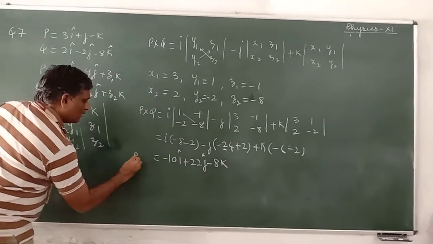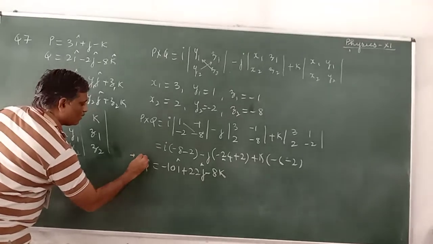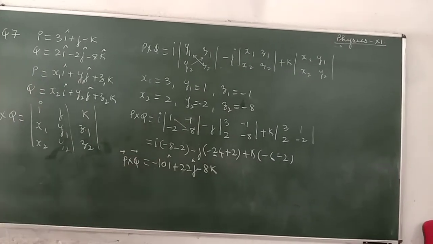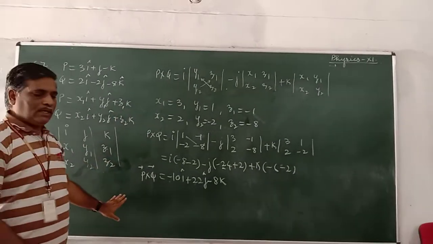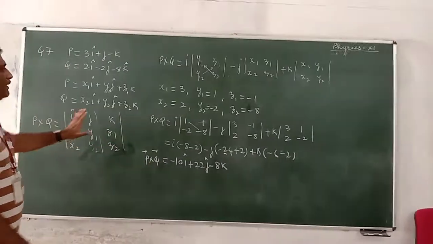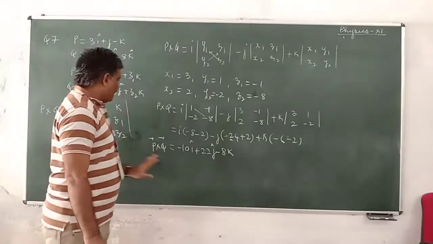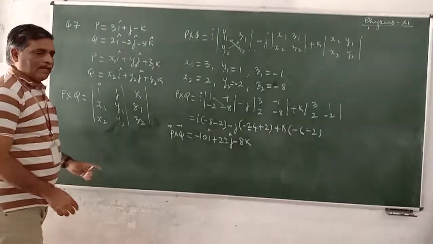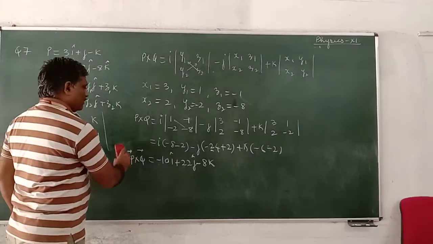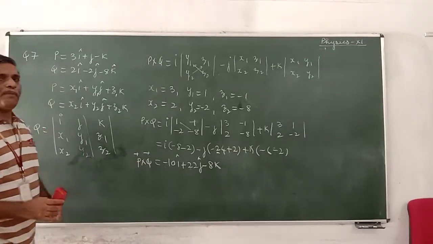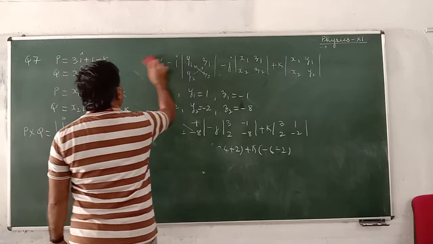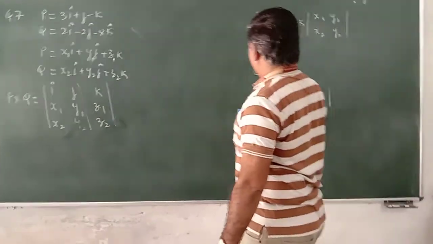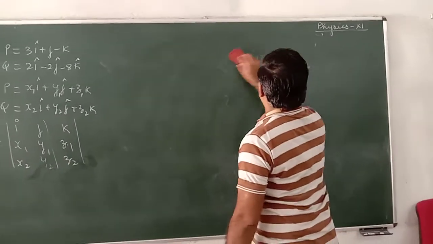This becomes P cross Q. Please practice this one. This one I have told, this is the procedure. Now what I am saying, instead of following all this, directly we can do it from here. This is the direct method. This is to understand how to go for P cross Q. But then, suppose that we want to do it directly. This is the way. Let us see how we can take it.